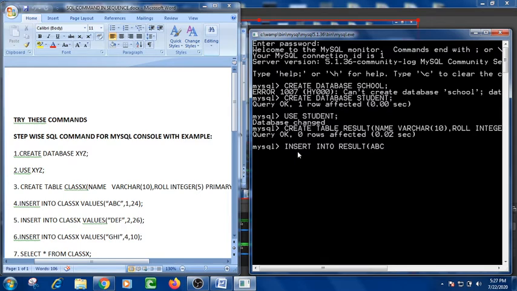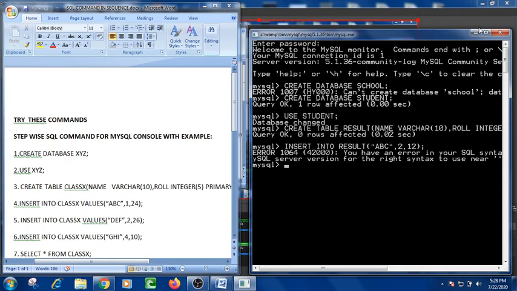Whenever you enter a value as alphanumeric or character type, we have to give the double quotes. Then a comma for the roll number. Suppose I am giving the roll number 2, comma. Suppose I am giving the rank 12. Clear? Now give the bracket, enter,